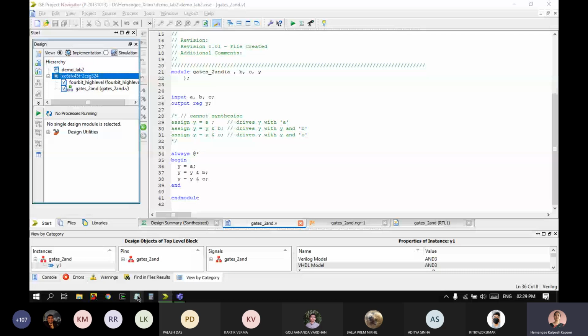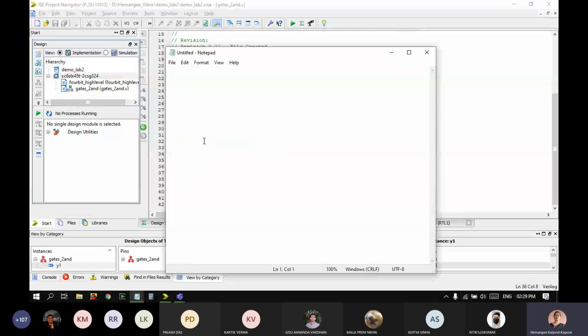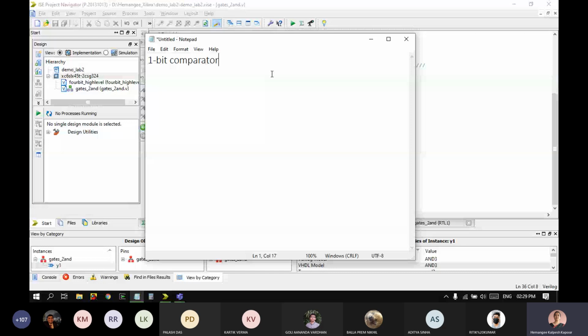Let me write it in the notepad. See, 1-bit comparator. I hope you can read the notepad. So the 1-bit comparator has inputs I0, I1, and output is EQ. And then we had used some temporary variables P0, P1 to do this.